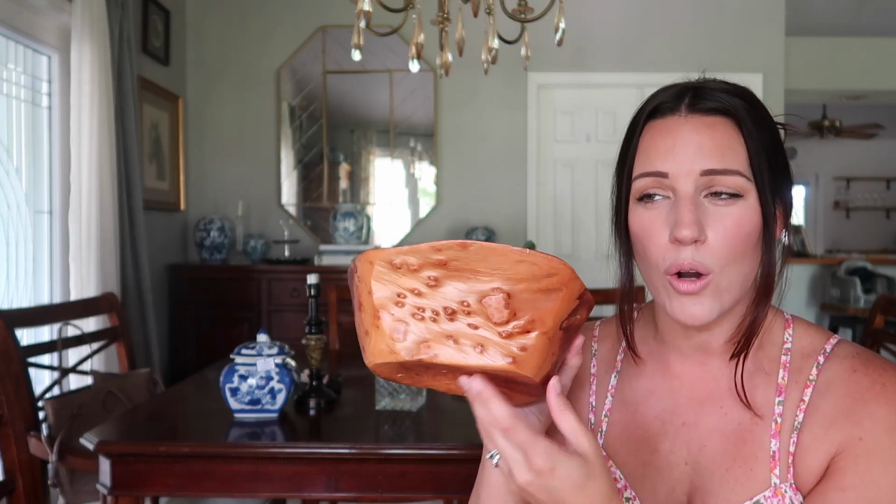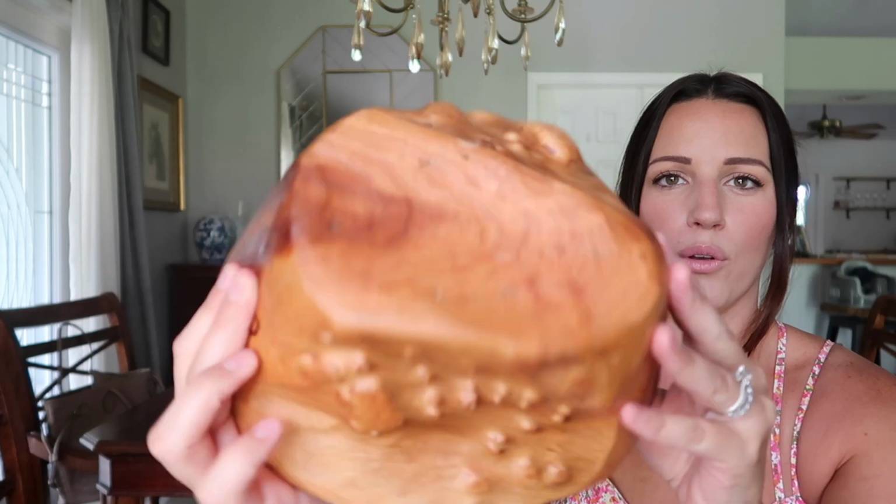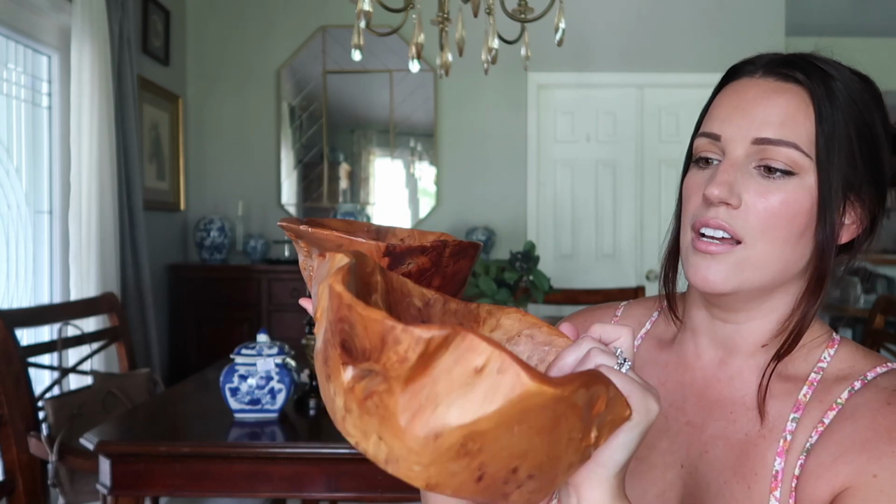The next thing I got were these 2 wooden bowls, and I thought they were so unique. They're definitely real wood. I don't know if they were maybe handmade, it feels like acacia wood almost. And they just have these really cool knots in them and ripples. They definitely look handmade, and they're each very unique. They each have their own different markings, and